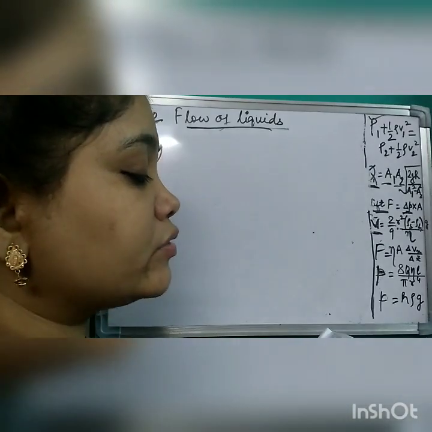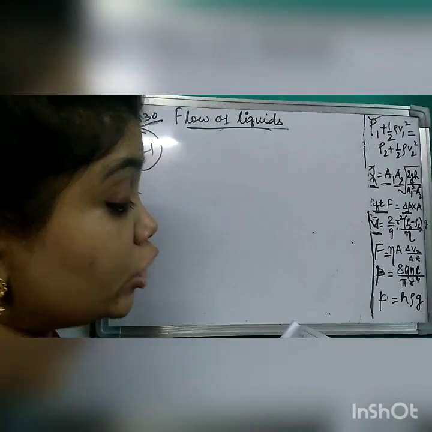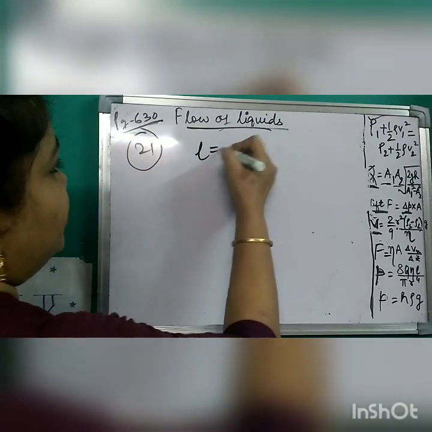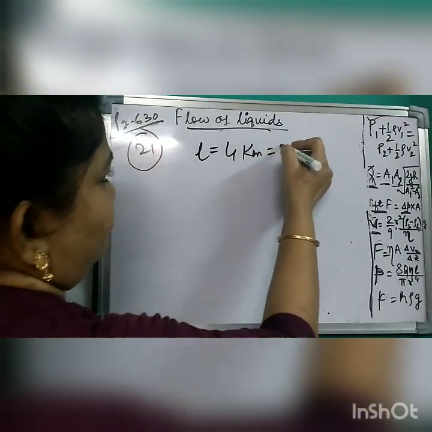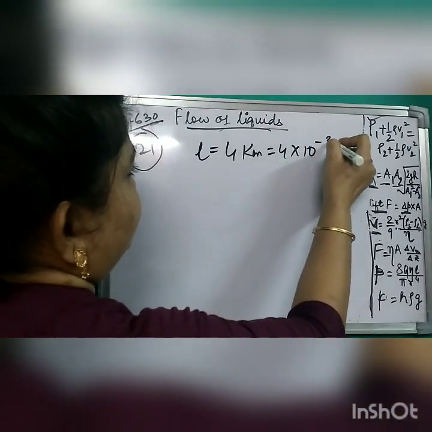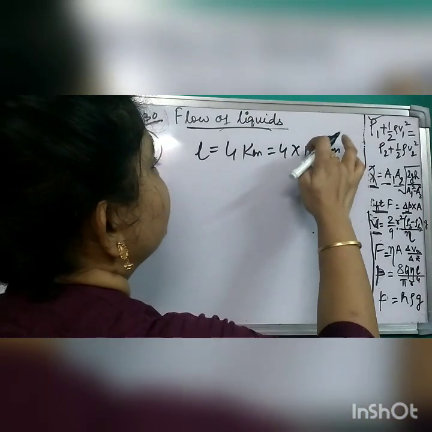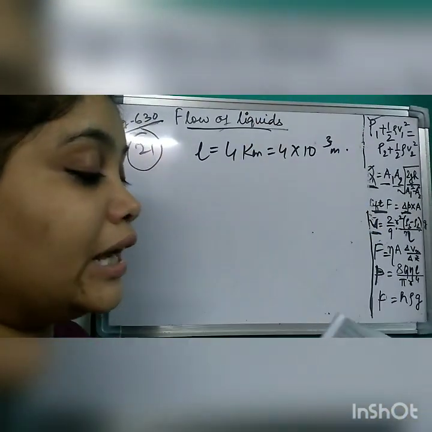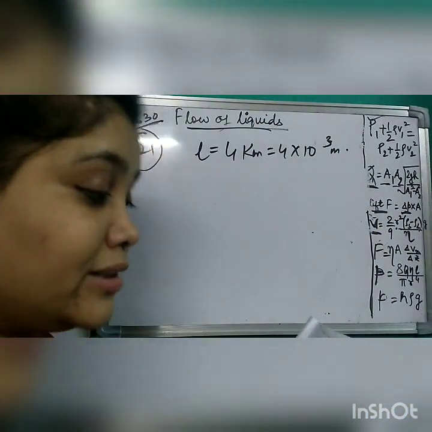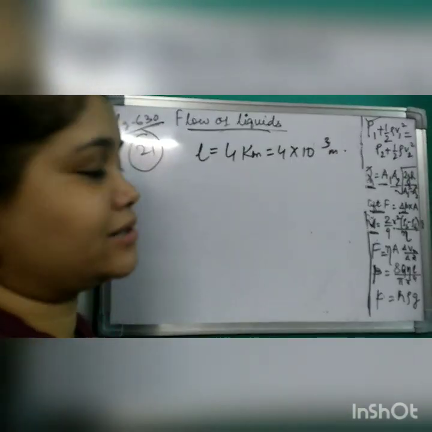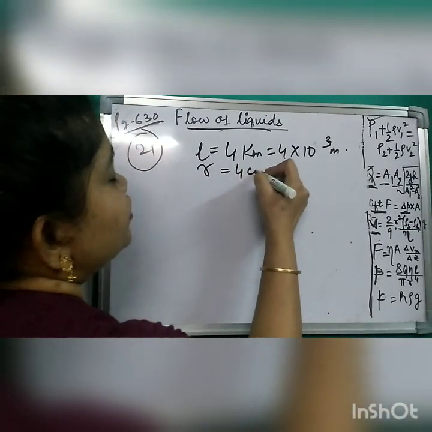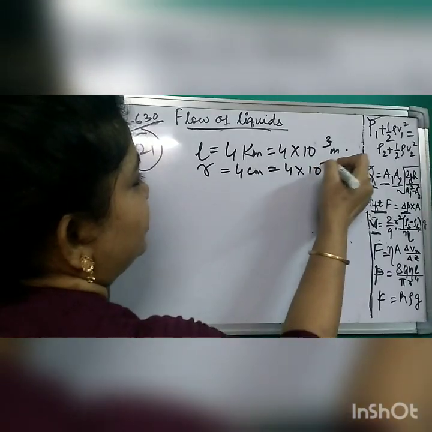Water is flowing through a horizontal tube 4 kilometer long. That means length is given as 4 kilometer. Obviously kilometer is not the SI unit, so let us convert it into meter. 1 kilometer is 10 to the plus 3 meter. The tube is 4 kilometer in length and 4 centimeter in radius. So R is given as 4 centimeter, which is 4 into 10 to the minus 2 meter,